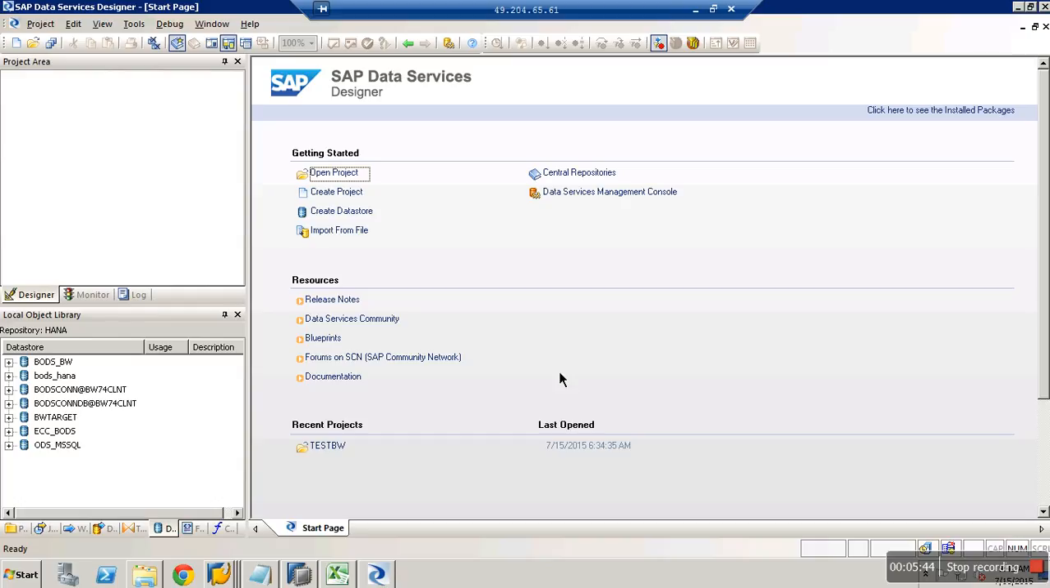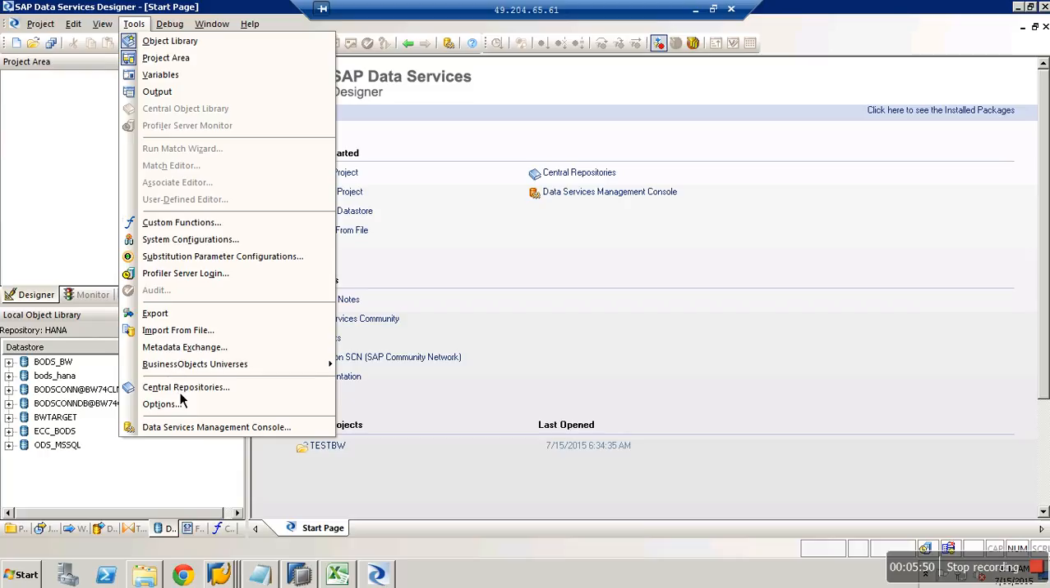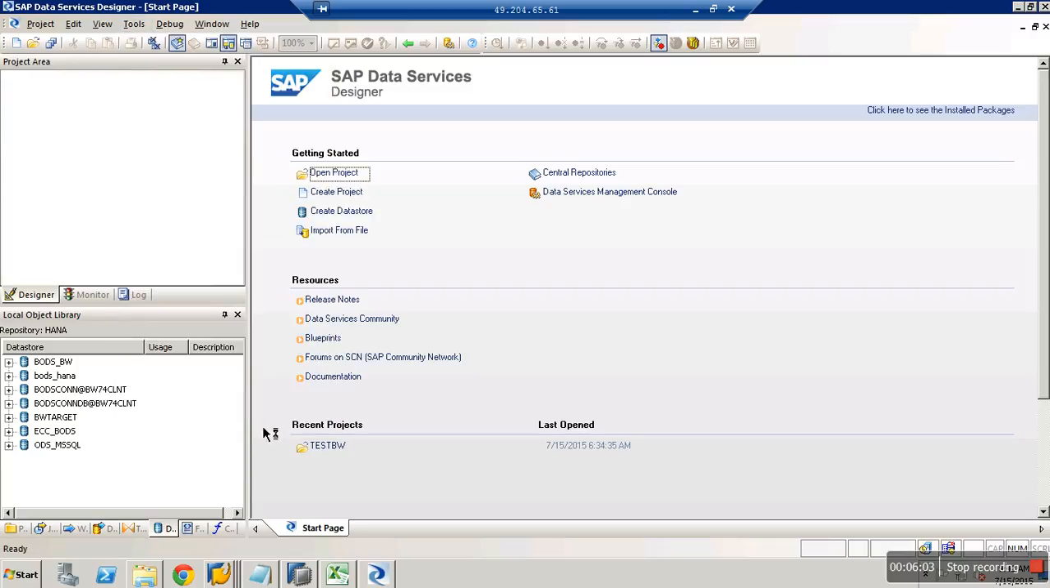Look at this. This is the designer tool. From here I can log into another tool called the Data Services Management Console. That is a screen where you can do the entire administration for BODS, creating new users, scheduling background jobs, and so on. When I go to that,